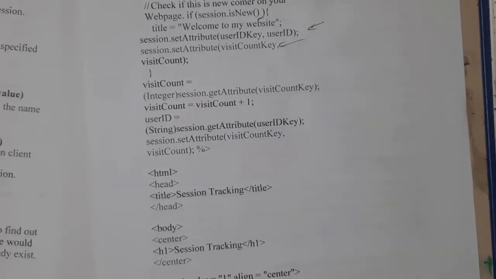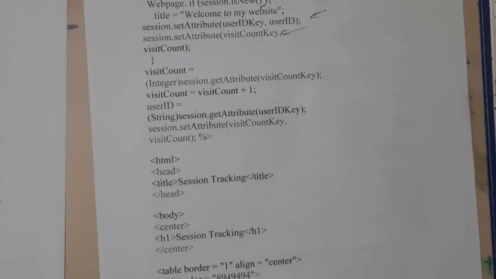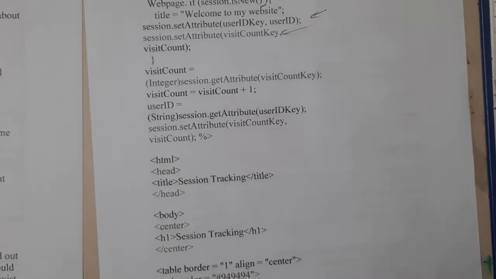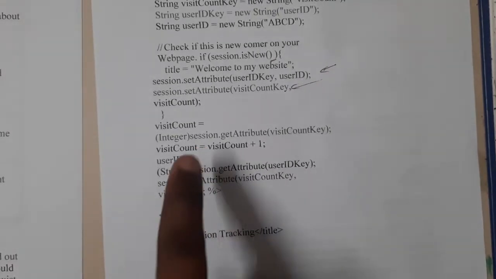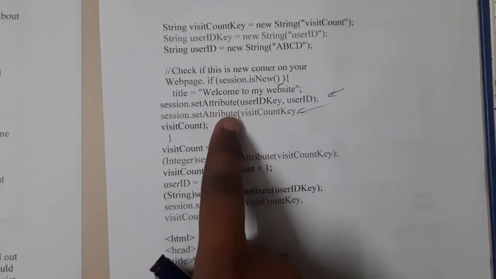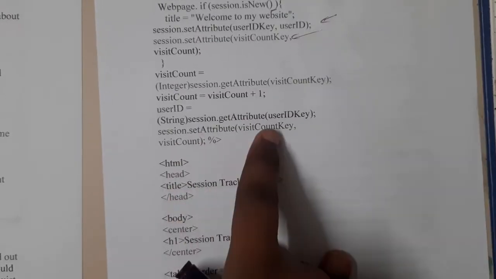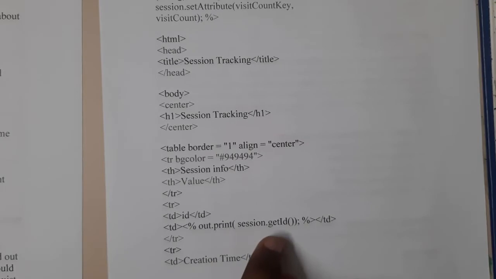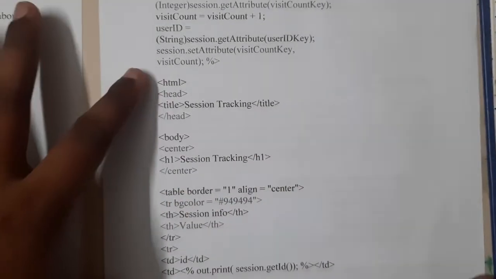If you want a small example, in our book which was given by our faculty, there was a small example, guys. You can check it. Basically, it uses the concept of sessions. It gets the values from the previous one, and it will be printing all the details, IDs and everything. Go through the example so that you'll have a clear idea.